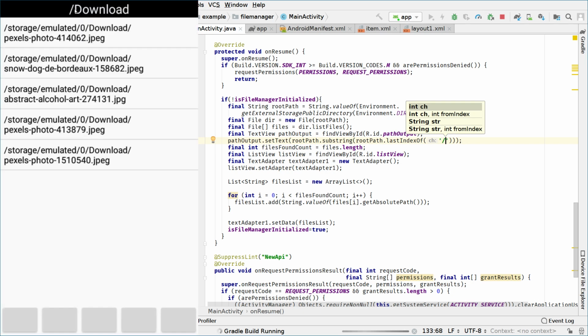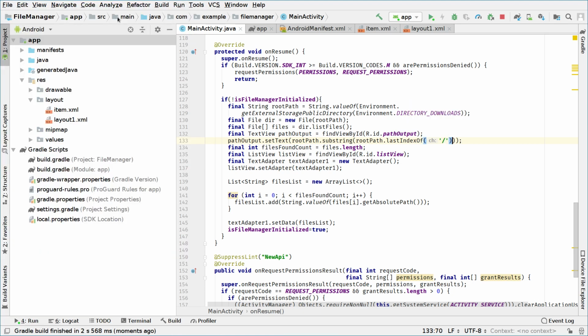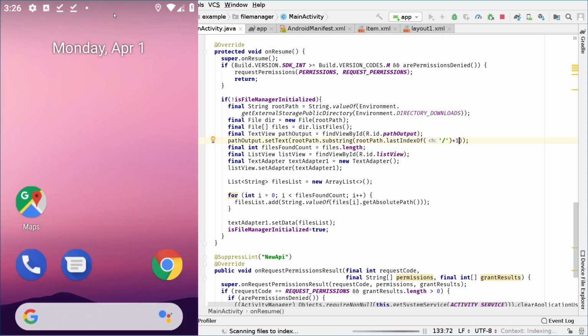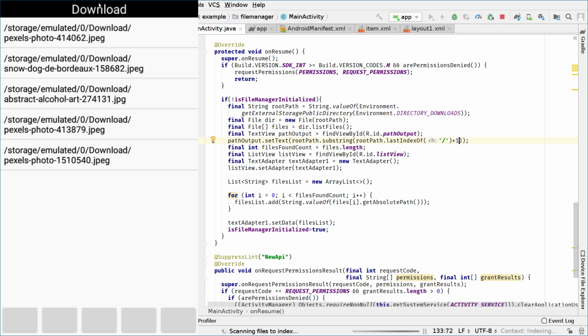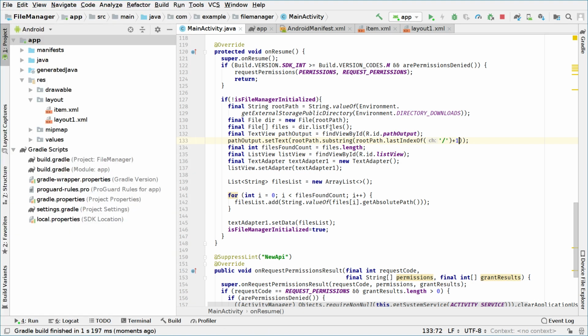But we don't even want this slash right here, so we can add 1 to this. So right here we will add plus 1. We will run it again and we will see if the slash is gone. So the slash is now gone and we have only download as the title of the current folder, which is way more elegant. Now we want to do the same with the items, so we will copy this code, which is rootPath.substring and all of these,